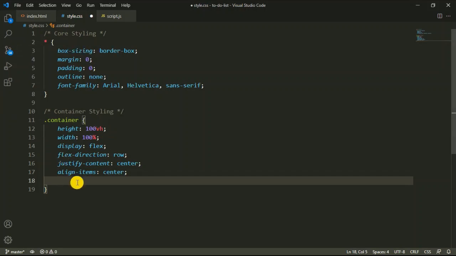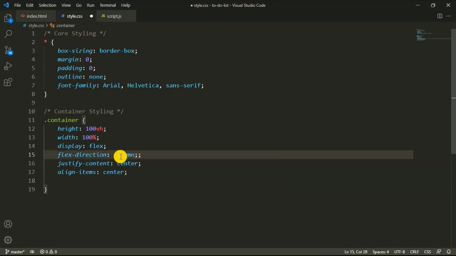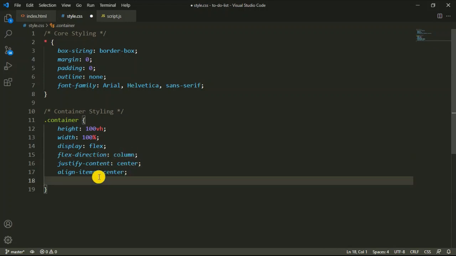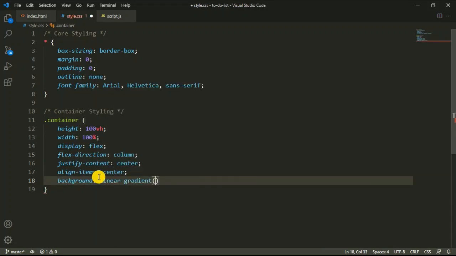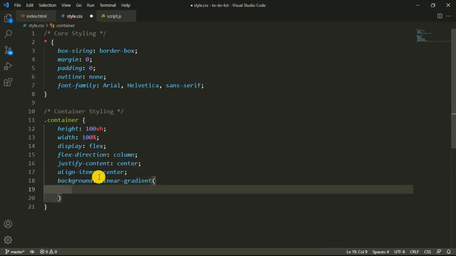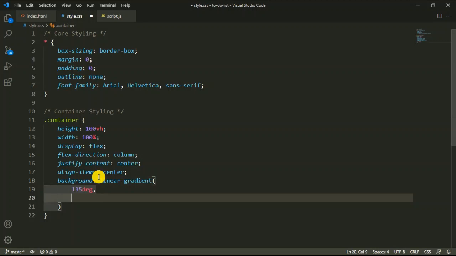So all right, I'm gonna use flex direction column in here, because it's nice to keep column in case you have more content, so it will be responsive. And I'll use a background of linear gradient, and I'll say 135 degrees of rotation. And for the second color, I'm gonna say 80,